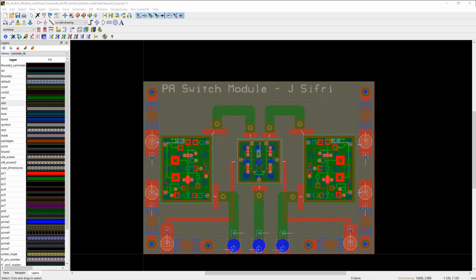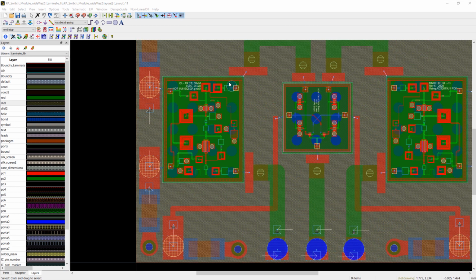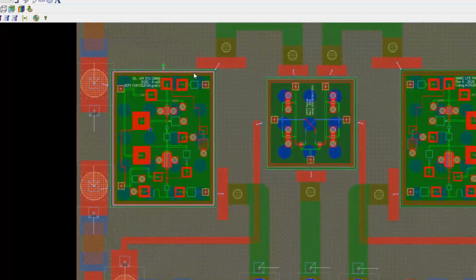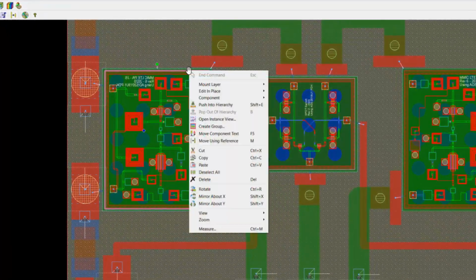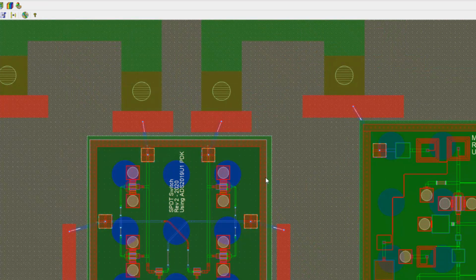Now, some of you might ask, how does ADS know where and what layer to place the ICs, the vertical position in the substrate? You see, once you drag and drop the ICs into place using Smart Mount, I right-click my mouse on each of the ICs and I can select the mounting layer, as shown here.